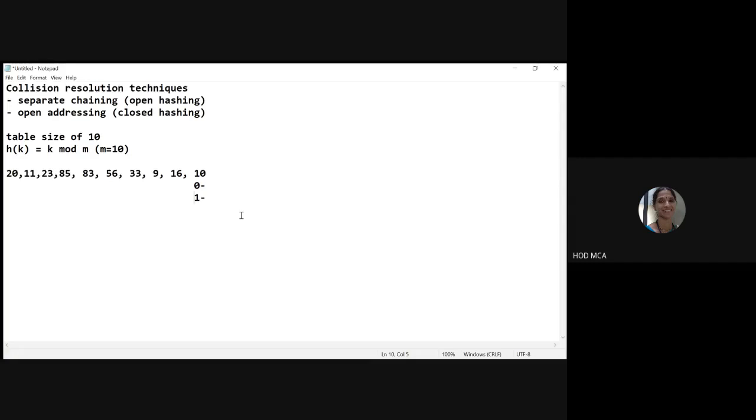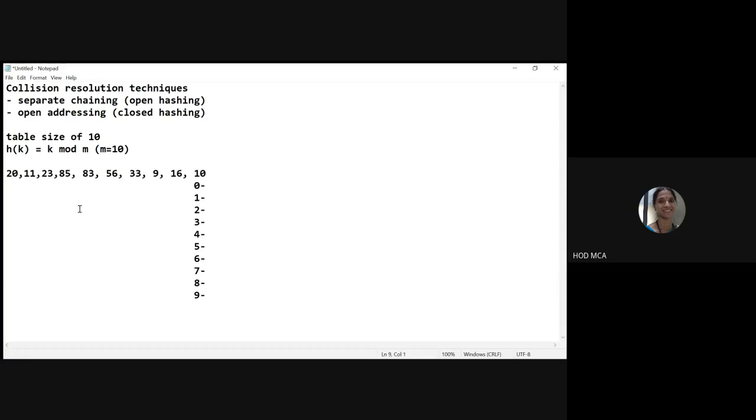I'm not able to represent the hash table as such. So this is the second location, and then we have the third location. Like that, I'll have to show you the complete 10 locations. All right. I cannot show the table representation here, and that's why I'm trying to show it this way. Since we have taken table size as 10, let us take 0 to 9. All right, so 0 to 9, these are my table locations.